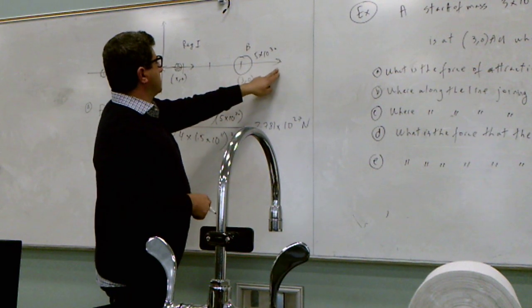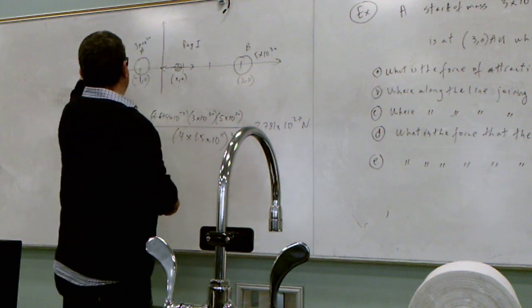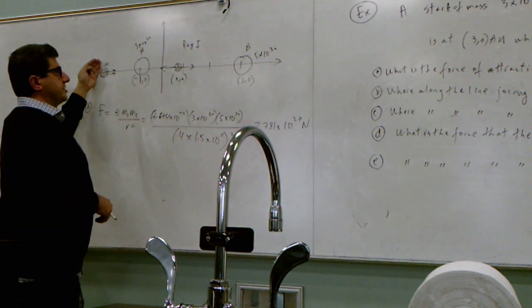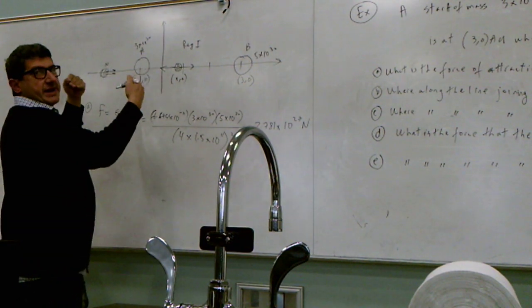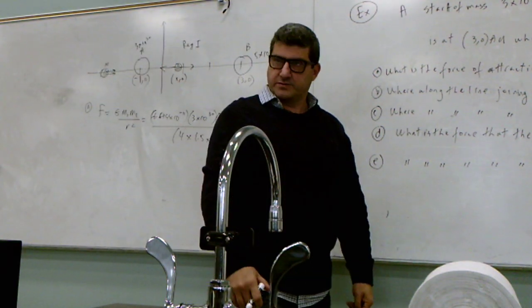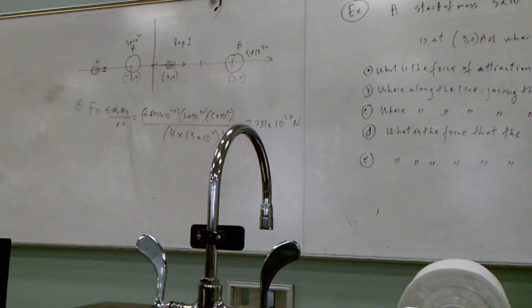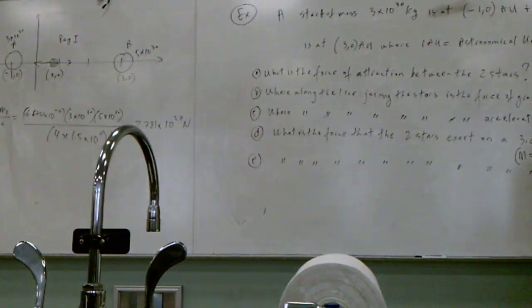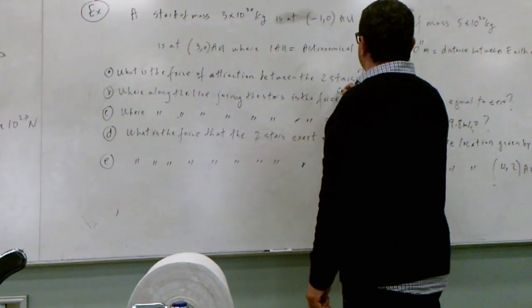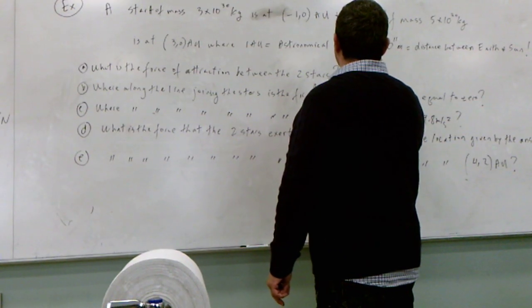It can't be here either. So if you put it anywhere here outside or here outside, the force of attraction, they're both going to be attracting that object, right? Yeah, because they're positive, not like Coulomb. Then they add up. The other way to ask this question is to say where along the line joining the stars is the acceleration of gravity